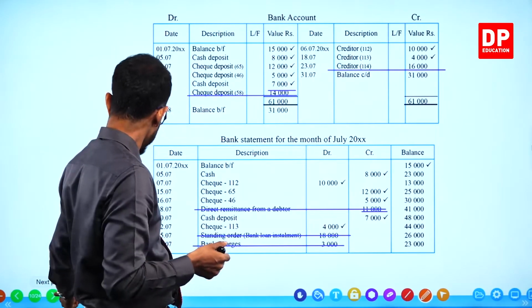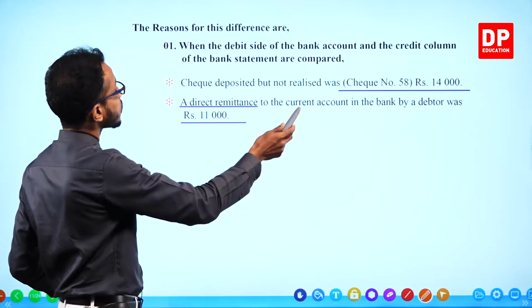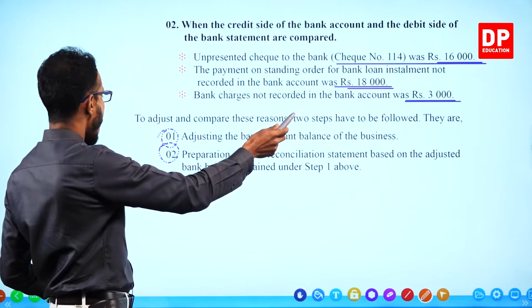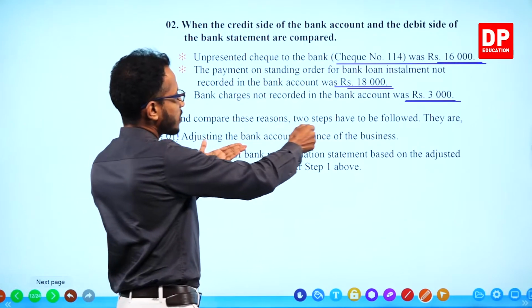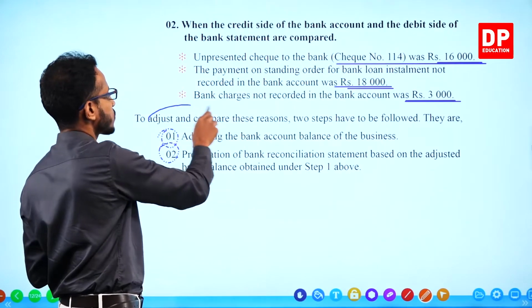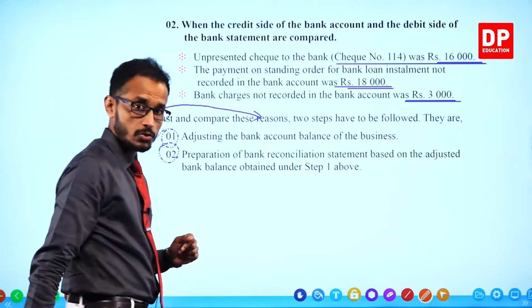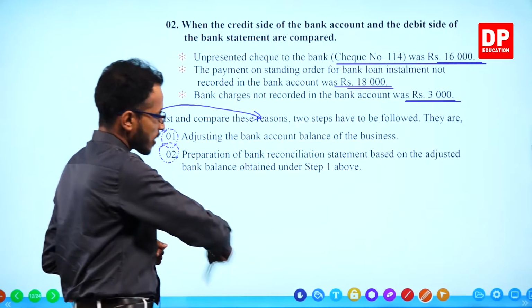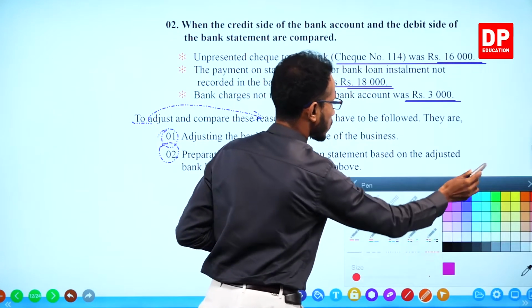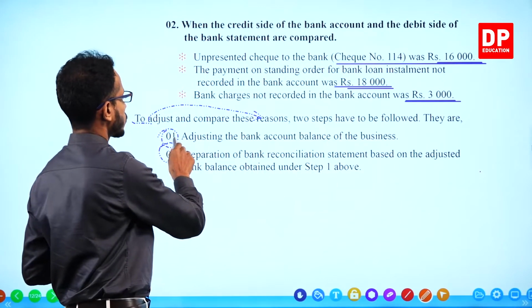Okay, that's why it says here, adjust and compare these reasons. To adjust these reasons, two steps should be followed. First step, adjusting the bank account